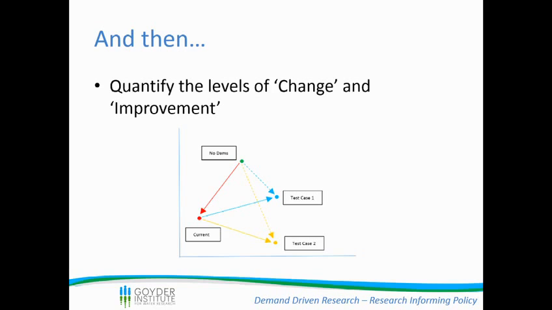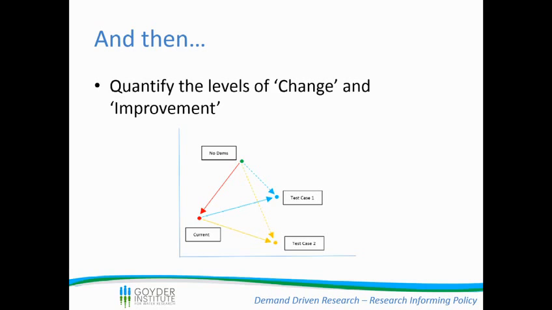The improvement talks about the difference between the red line here and the dotted blue line here. So the current distance away from the NODAMs, and the reason we use the NODAMs is that's the least impacted one we have. It's not a target by any stretch of the imagination. No one's saying we're going to rip up all the dams. It's just a point in space that we can use as a reference. But we've got this distance here is longer than this distance here. So we've moved closer to that least impacted scenario, therefore improvement. And these are actually numbers that we can quantify. We can actually give numbers to these.